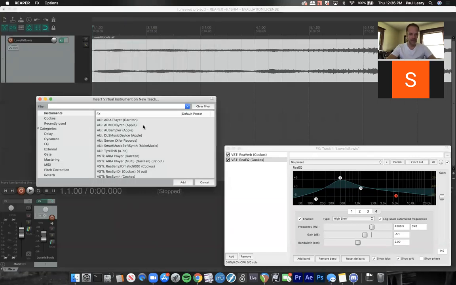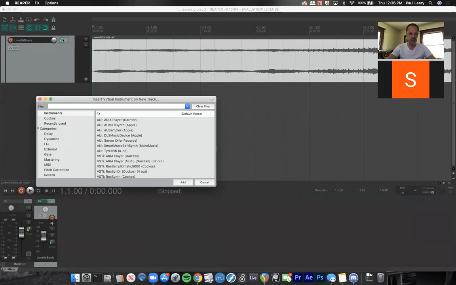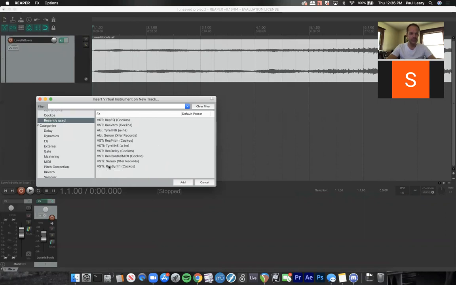And then again, it pulls up this menu, and I can close this actually, because see how the effects are now green? That's because I have effects plugged in and running. So instruments, you can see that it shows me recently used. If I recently used one, they're going to be in this list. And a good example of this is this. I could also go down to